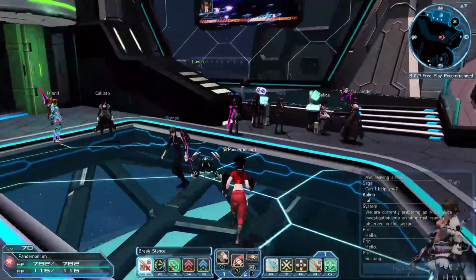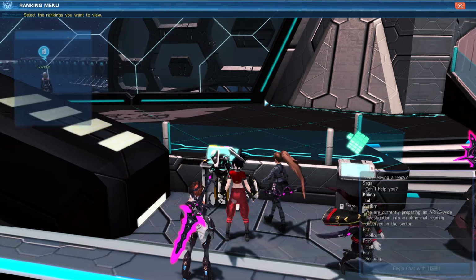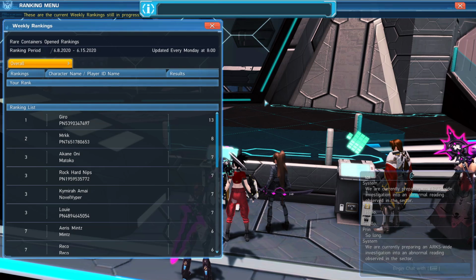Yes, definitely consider doing your rankings. There's the other ones as well. So rare containers, simple enough. It's those red chests that you find whenever you're playing. If you want to go hard on this, you just spam suppress Zurigan, and